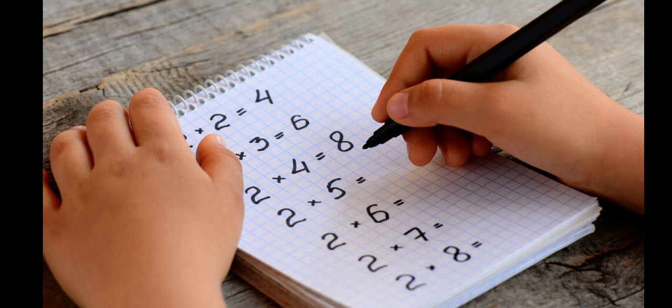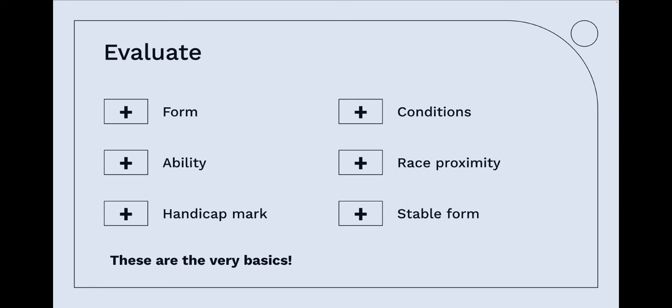We will need to go through the evaluation process. We'll need to look at all the horses' form, their ability, will they improve, are they exposed? The handicap marks, they could be well handicapped, they could be badly handicapped, what to expect and what's happened in the past. As far as conditions go, then we're going to be looking at the course, the distance, track suitability